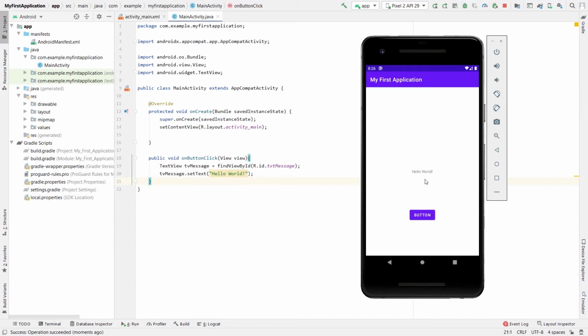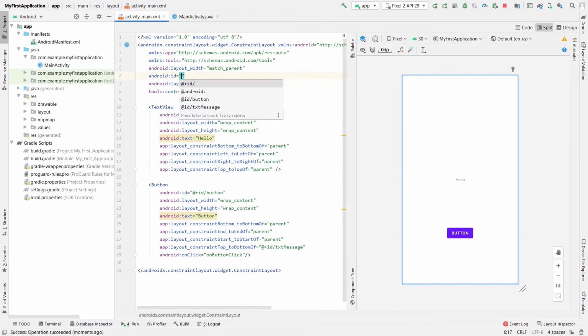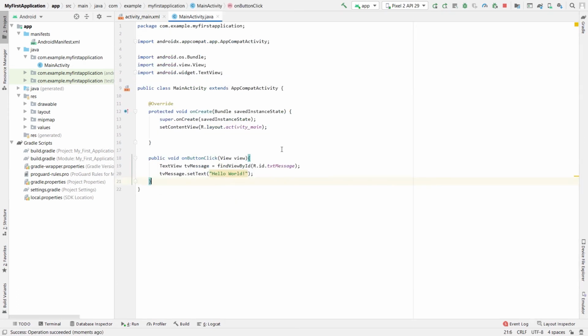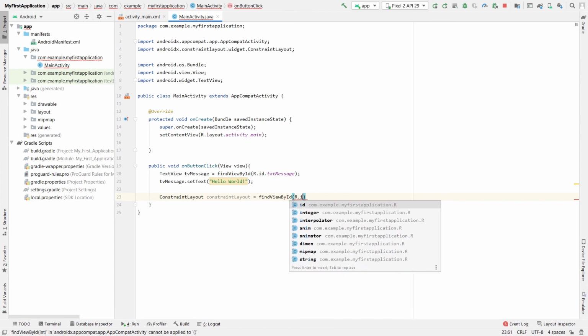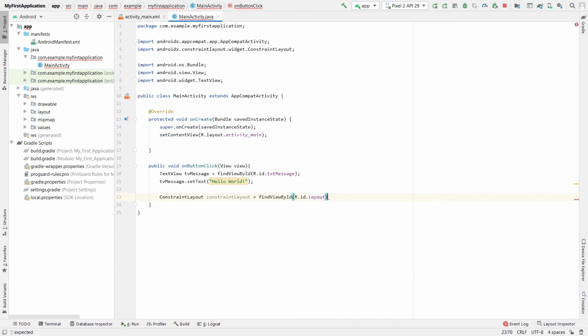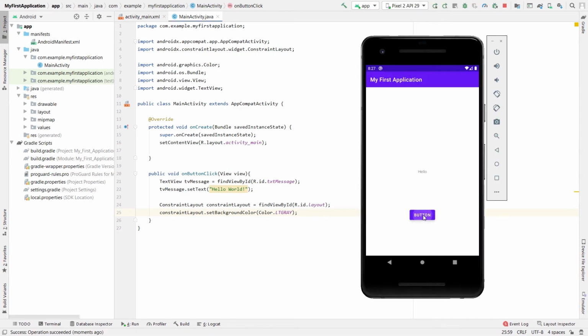Similarly, if we want to change the background color along with our text, then we have to assign an ID to our background layout, and then add it to our Java file by a method named findViewById. Then inside this onClick button method, change the background color by adding this piece of code. Now again run this app. We can now see that as soon as we click on this button, the text and the background color both